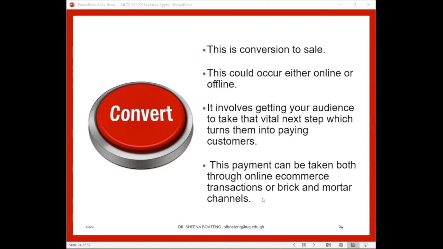By converting them, you are trying to get them to actually part with their money to obtain the product or service that you are selling. And there are so many ways by which e-marketers achieve this, right? Sometimes they would offer you a discount on the items in your cart just to get you to actually make the purchase. Sometimes they will throw in free delivery just to get you to make the purchase. Sometimes they will throw in so many offers that you will realize you have been so overwhelmed.